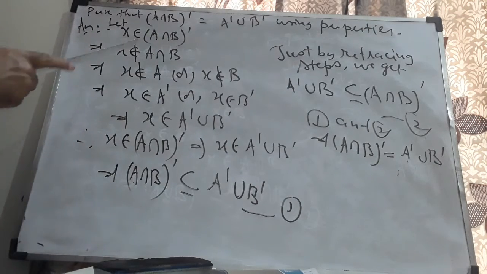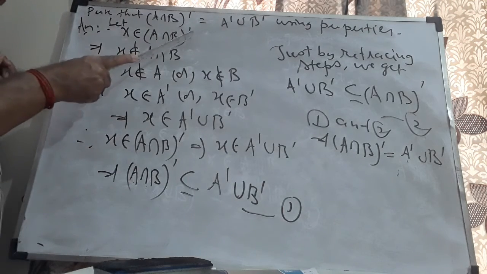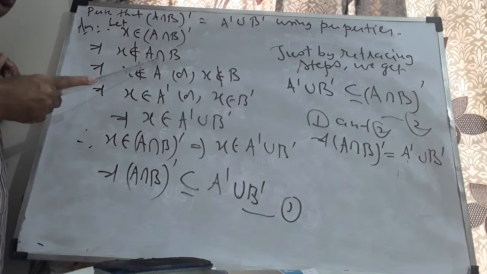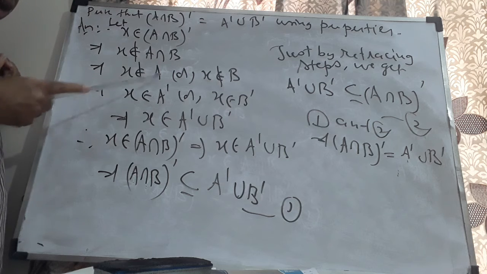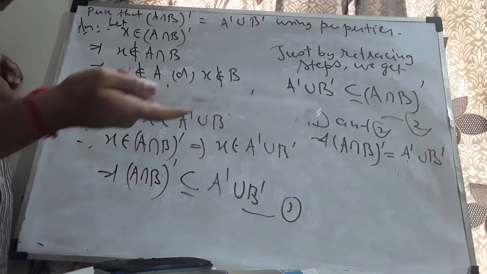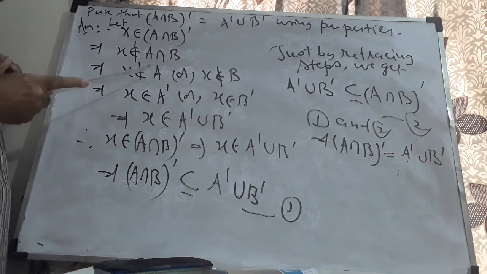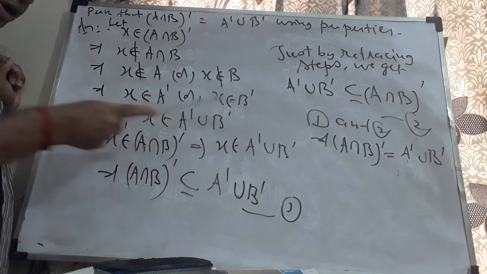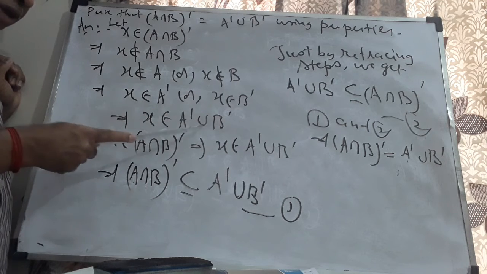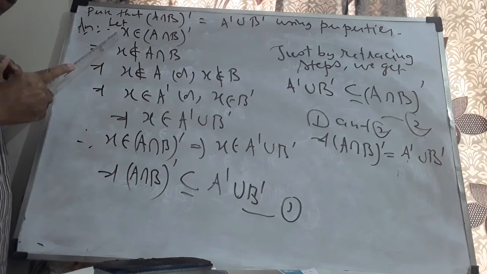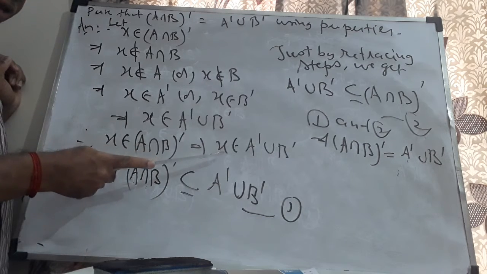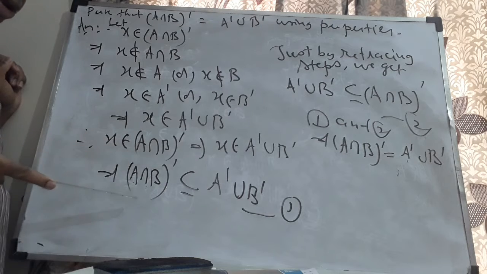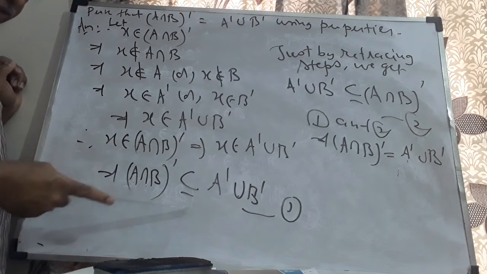Let me just explain once again. I'll take x element of (A intersection B) whole dash. If it is there in the complement, it won't be there in the set. If it is not there in the intersection, it won't be in A, or it won't be in B, or it may not be even in both. x not in A means x is in A dash. x not in B means x is in B dash. If it is there in one of them, it will be there in the union. So x element of (A intersection B) whole dash implies x element of A dash union B dash. The x being an arbitrary element, (A intersection B) whole dash is a subset of A dash union